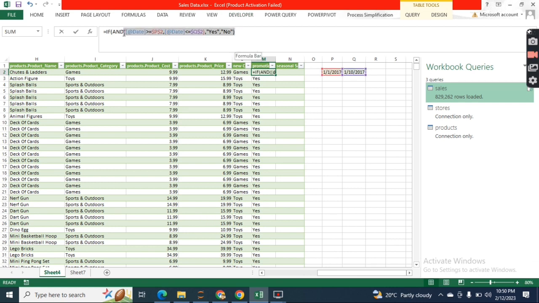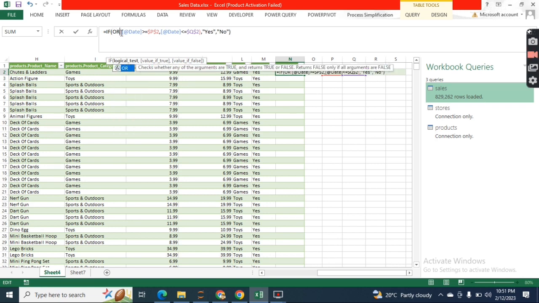I created here a Seasonal Sales column, and I'll use the same formula which I have used already in the IF AND. I'm just copying it, and the AND logical part will be changed, so you have to make slight changes in the formula. I'm copying the complete formula and then I'll paste it into the Seasonal Sale column. I pasted it here, and I'm changing the word AND and replacing it by OR, and then I'll change the date parameters, where I'll use first if the date is less than